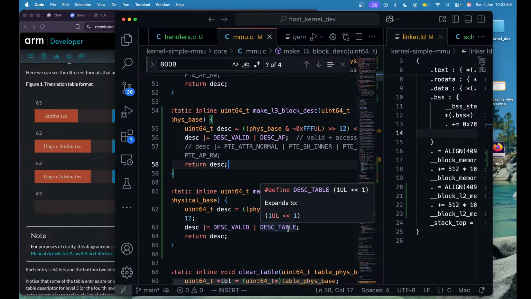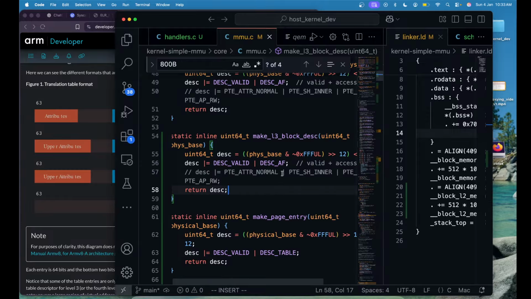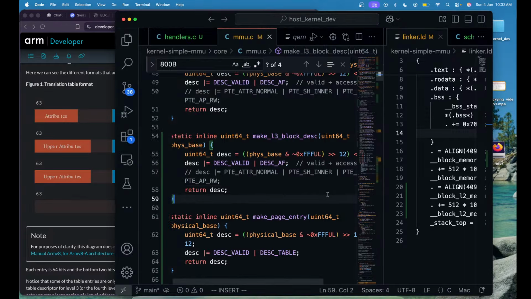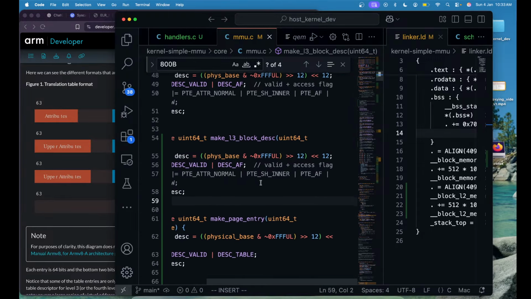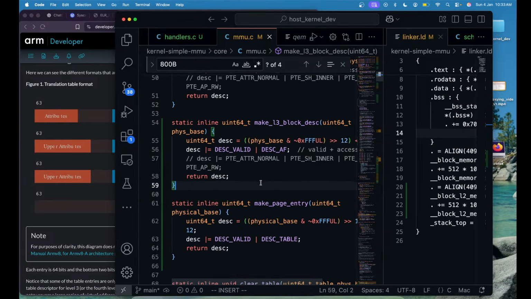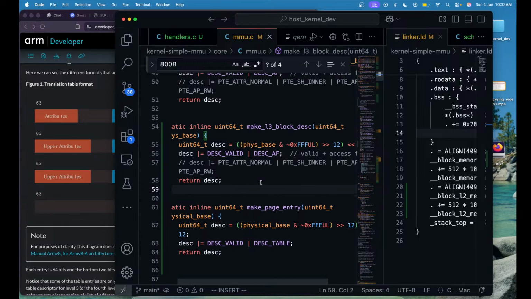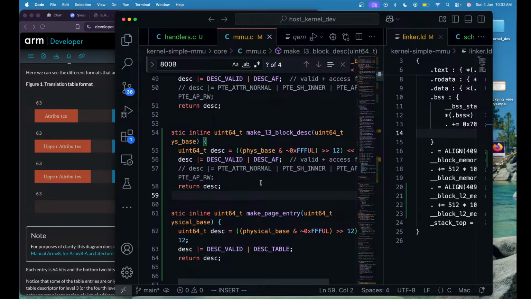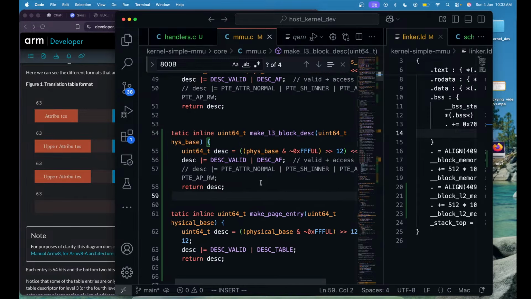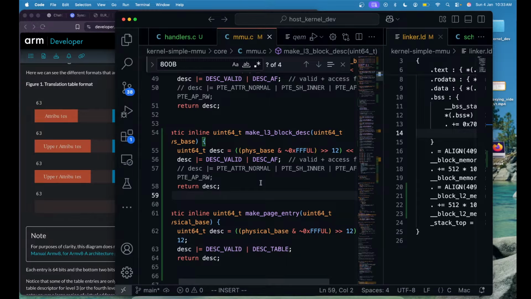This one, and we have to set 1 and 1. Base address, we have base address, and